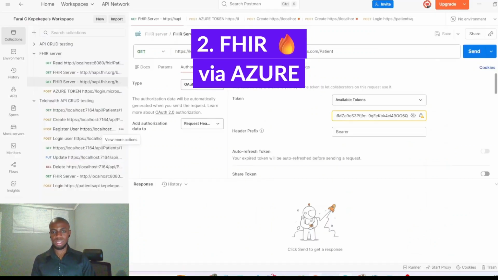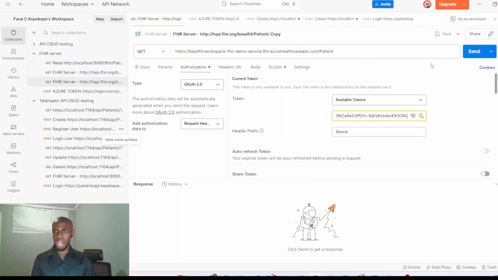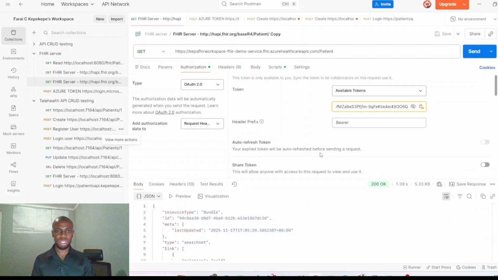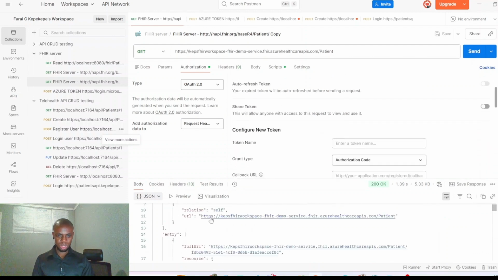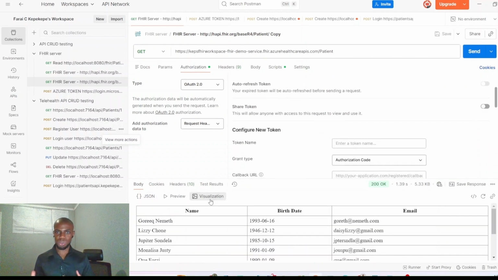Now, to show you that this is actually FHIR in action, I will send a GET request to the server from my Postman with my custom token, and we receive some JSON here, which I have visualized for you because